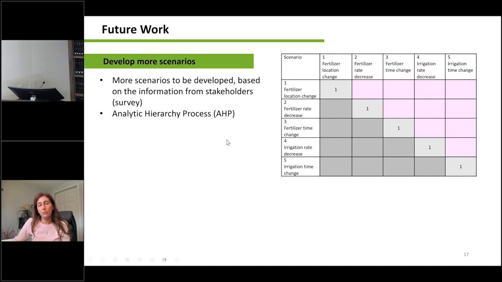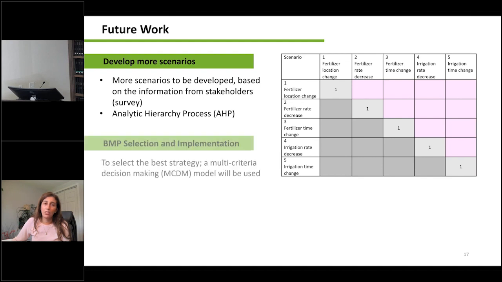Then, based on information from the survey of stakeholders, agents and experts, we could develop a model with different indices, like an environmental index,